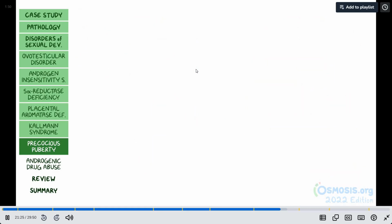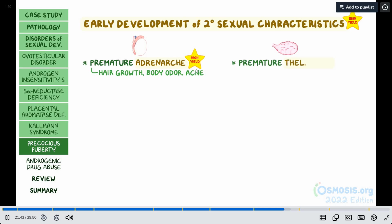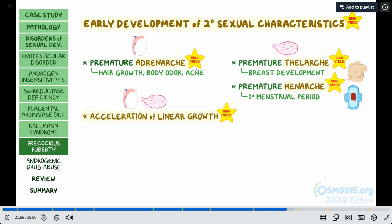Now, the key feature of precocious puberty is early development of secondary sexual characteristics. In males, this typically includes premature adrenarche, which refers to the development of typical masculine hair growth, body odor, and acne. On the other hand, females may experience premature thelarche, or breast development, as well as premature menarche, which is the first menstrual period. In addition, both sexes may present with acceleration of linear growth, meaning that they typically have